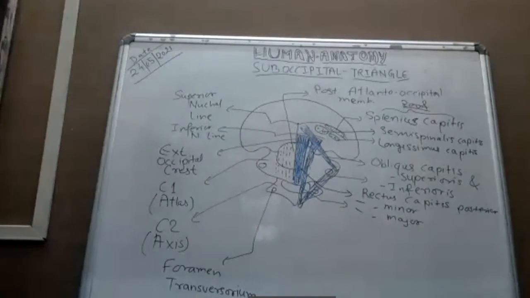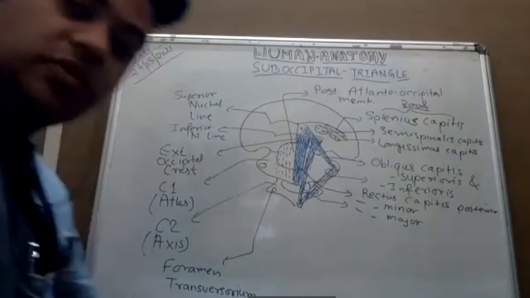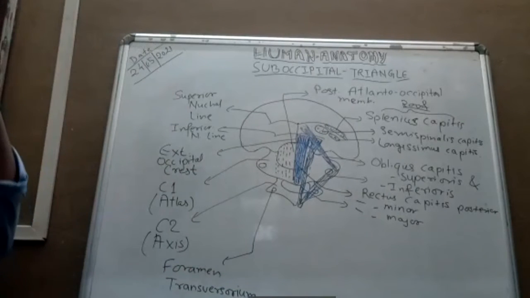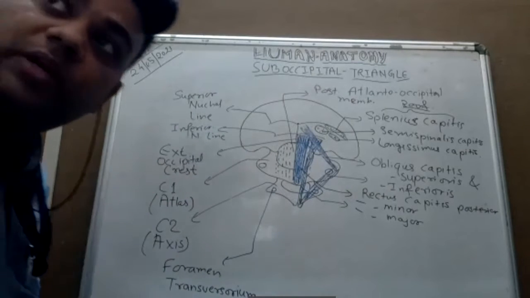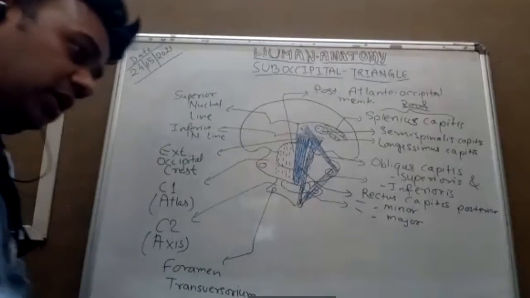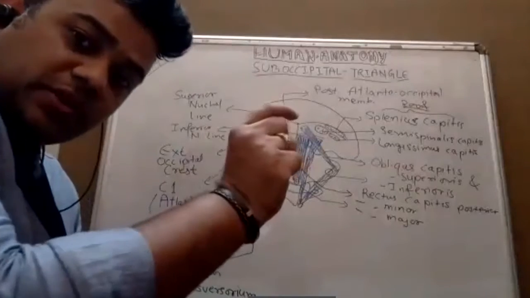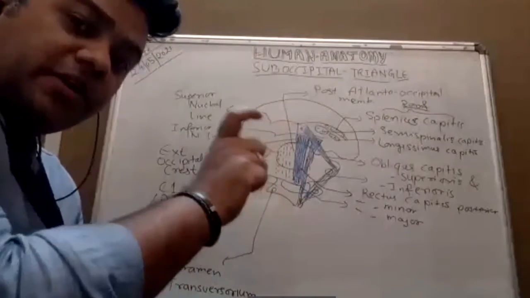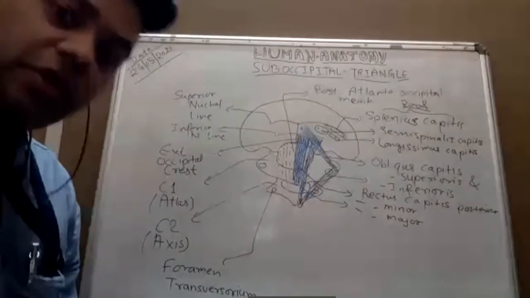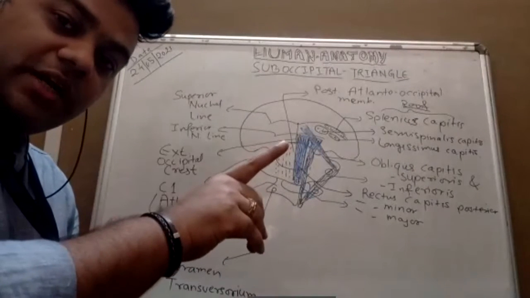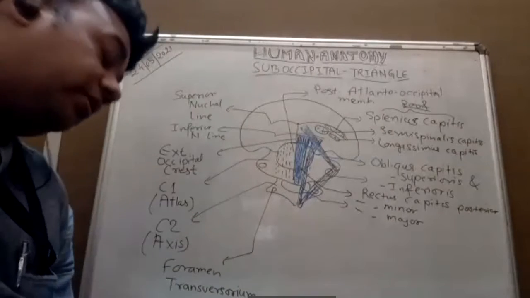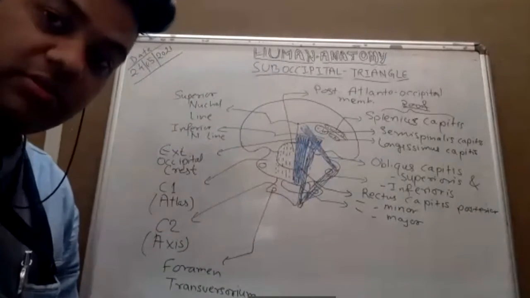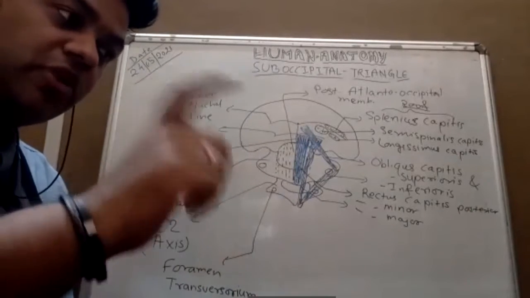Now we'll draw the contents. I have already told you the contents. So that is the vertebral artery. How is the vertebral artery coming here? The vertebral artery is a branch of the subclavian artery. From the subclavian artery up to the cervical vertebra, that part of the vertebral artery is known as the first part. It enters at C7, not C7, up to C6. I'm taking back my word. Not C7, but up to C6.